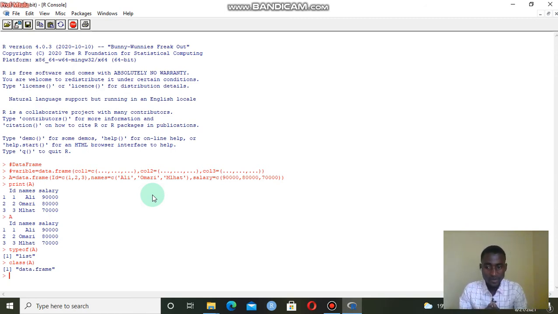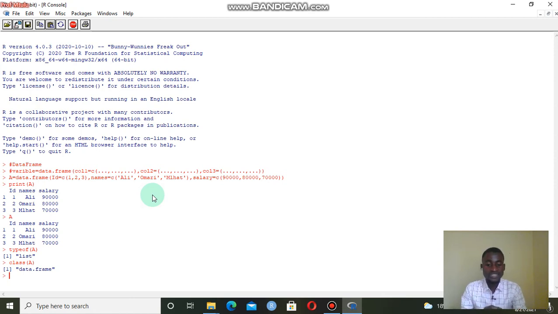Now, suppose I want to get the names of the elements, or suppose I want to get only one employee from that data frame. How do we extract an element from a data frame? We are going to talk about that. Or suppose I want to know the number of rows or the number of columns in a given data frame.